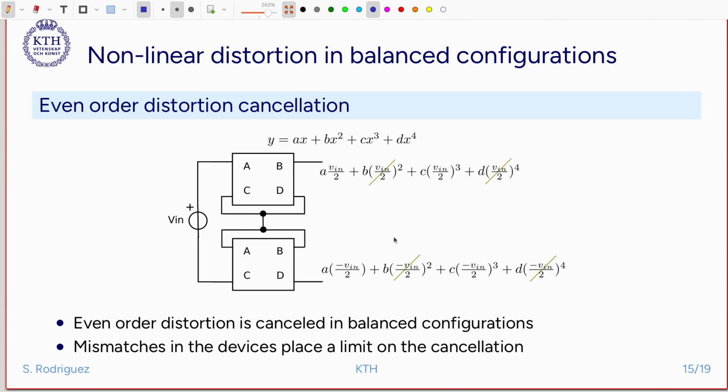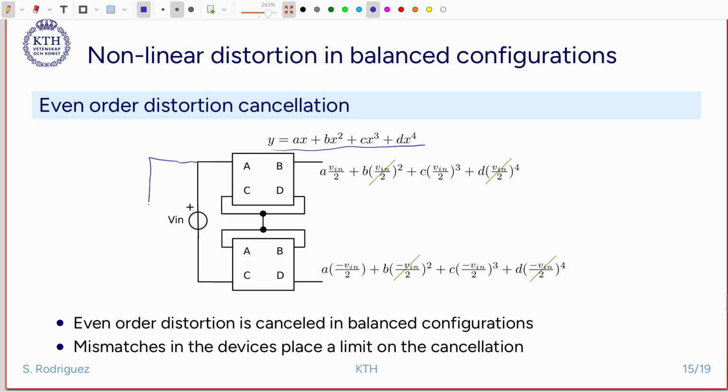Now we talked a little bit about balanced stages before. Here we touch on them again. We have two balanced stages that are exactly the same. ABCD is exactly the same. They can be two transistors biased at the same current, transistors of the same size. And if each transistor provides a gain that can be modeled with this polynomial, then when we connect it as a balanced configuration, for instance like a differential pair, then we have that